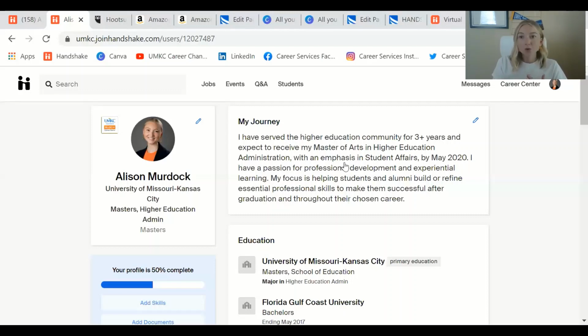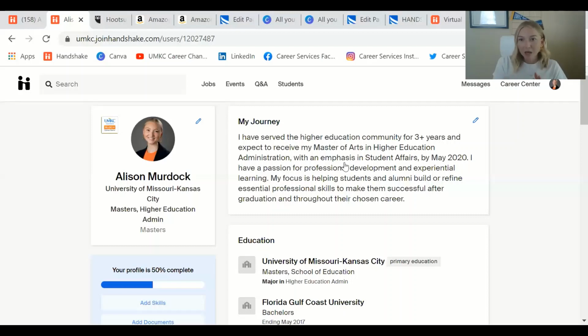Especially for students, you really want to focus on pretty much who you are as a professional. If you want to throw in any specific relevant experiences to the industry or to the job path or career path that you want to be on, or what you're working towards, you can add some of those experiences real quick, any specific skill set that you really want to reiterate. And then you can talk about what your interests are, where you're wanting to go in terms of your career path, things like that.